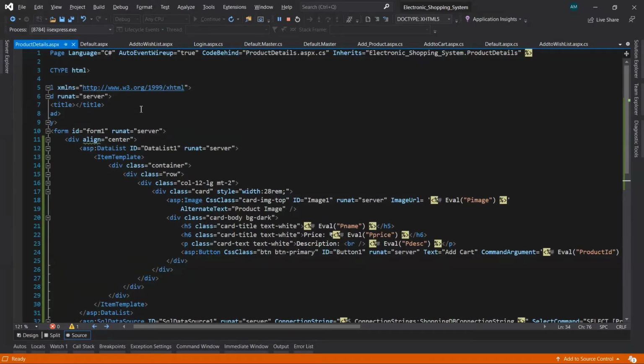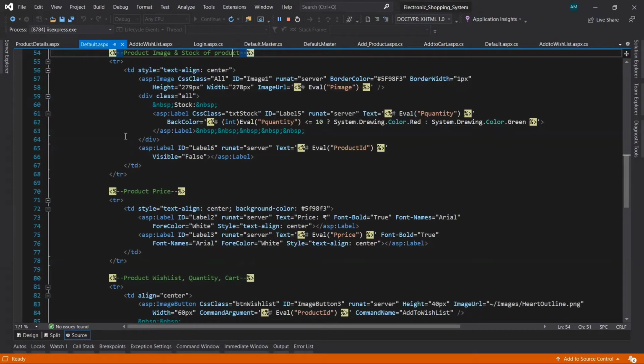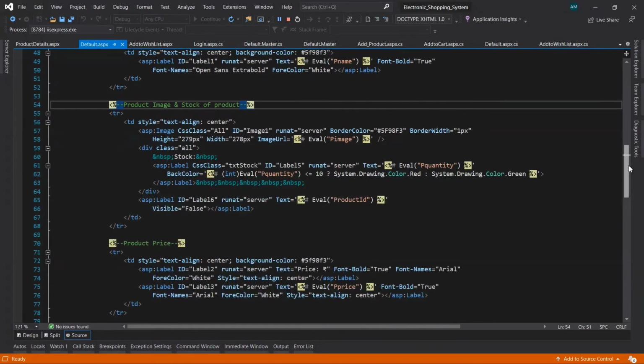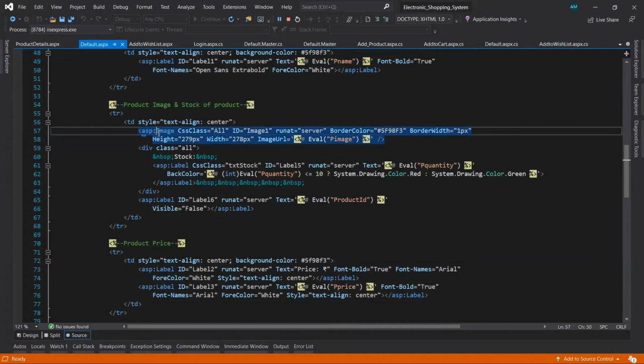Let's see which page we want to change, that is the default page. Let me find where the product name and product image are. Here we have taken the image control for displaying the image, and we want to replace it with the image button control.